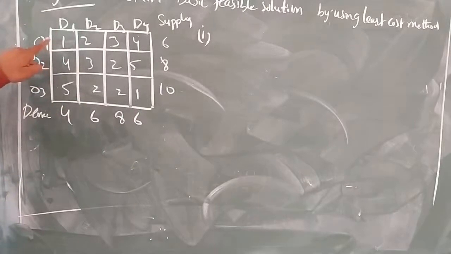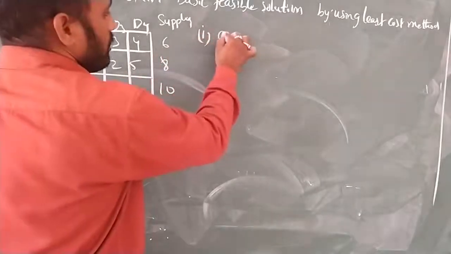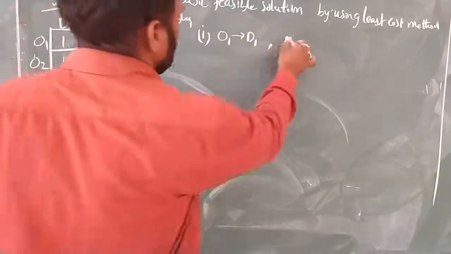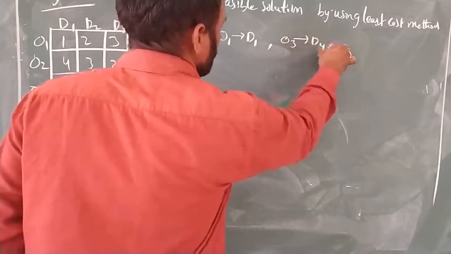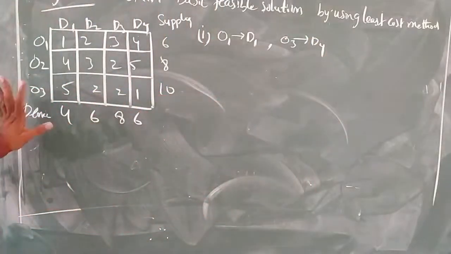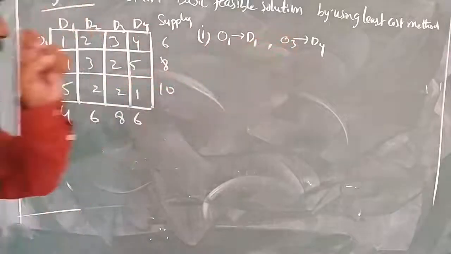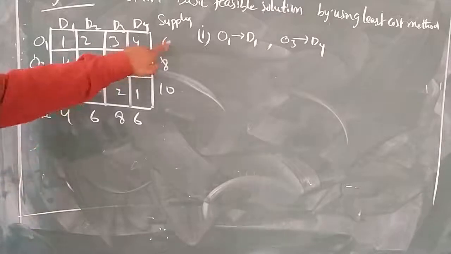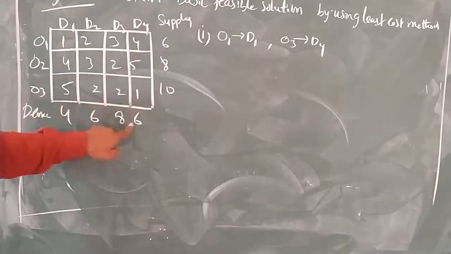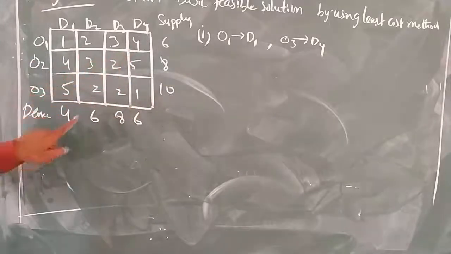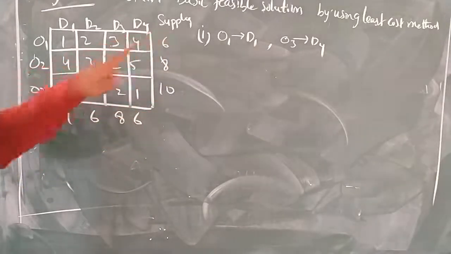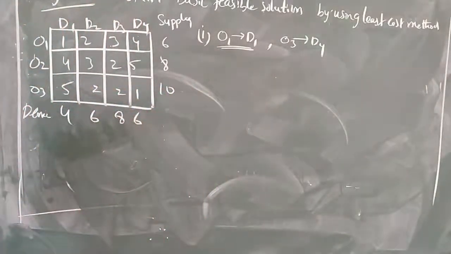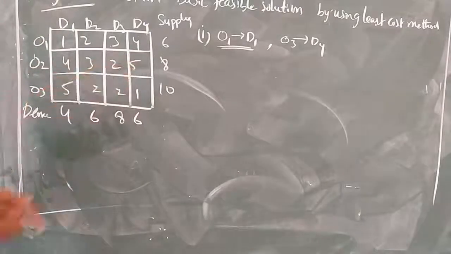So I have identified that at O1 D1. At O1 D1 I am getting one value, as well as at O3 D4. O3 D4 also I am getting the minimum value as 1. Now among these two, I need to verify that at this one, it is 6, 4. If you see here, it is 6, 10. So among 6, 4 and 6, 10, 6, 4 is the minimum value. So first I will consider O1 to D1, since they are having the minimum values.